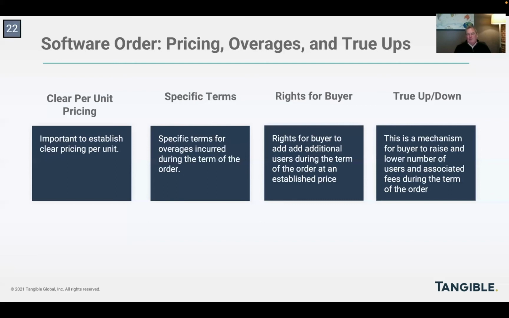So look for those true up mechanisms, make sure the client knows how they work, and make sure that the true up trigger isn't a surprise to the client. When the client finds out on June 30 that they've got to pay another $200 for excess usage, and that's a surprise to them, that's usually not a good experience.